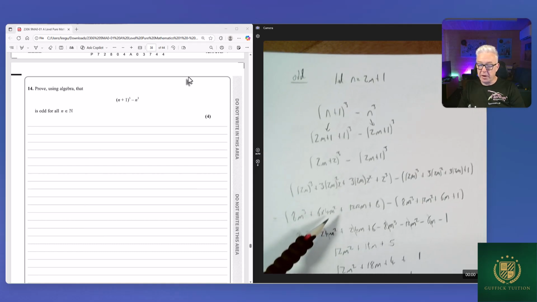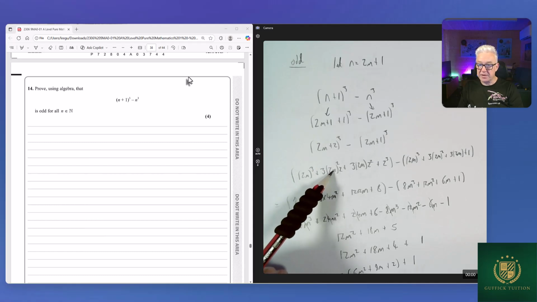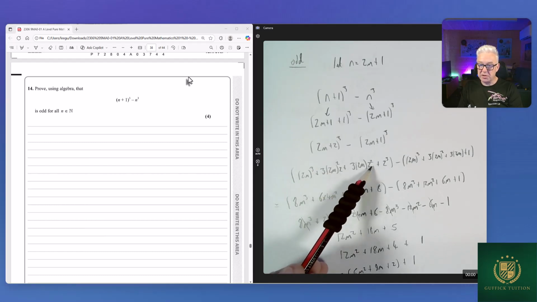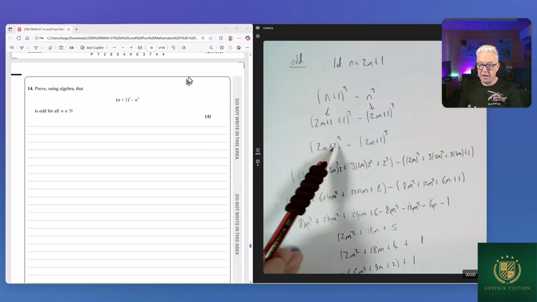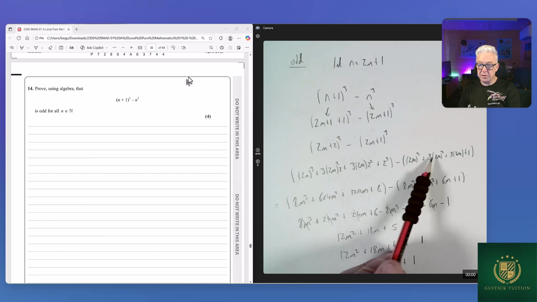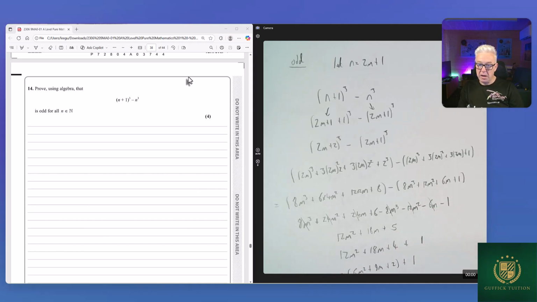And then I'm going to use the binomial as I explained just previously. So the first term is going to be (2m) cubed. Then we're going to have 3 times (2m) squared times 2 to the 1, plus 3 times 2m to the 1 times 2 squared, plus 2 cubed. So that's that one done. Same idea here. (2m) cubed, 3 lots of (2m) squared, 3 lots of 2m, and then 1. And then we just